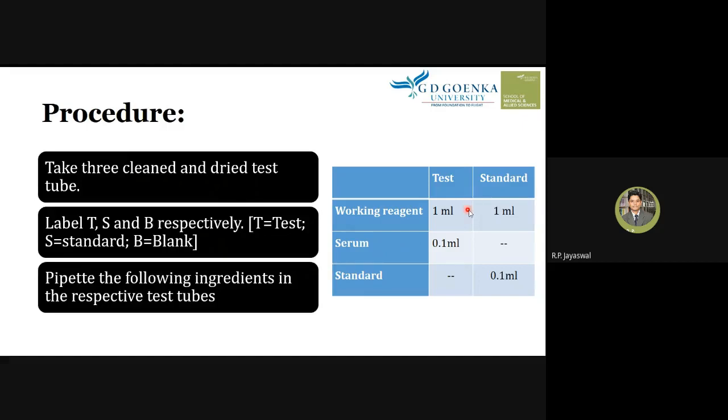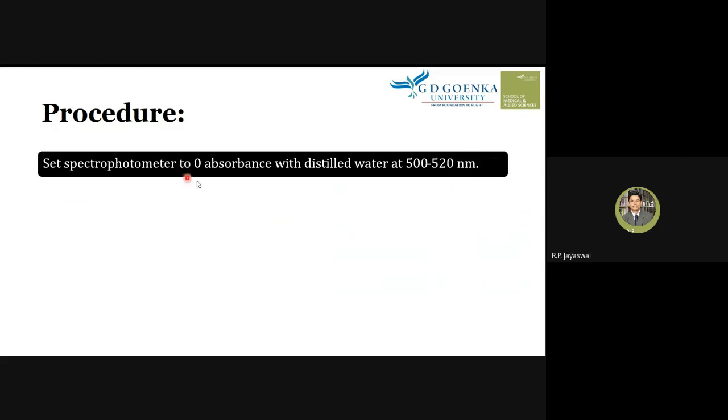So two test tubes are shown. One is for test, another is the standard. The working reagent, you can keep 1 ml in the test and another in the standard. Serum, we can add 0.1 ml in test, and standard we can add 0.1 ml in the standard. Now we can set the spectrophotometer to 0 absorbance with distilled water. So this is a third tube, the blank, where we add distilled water,